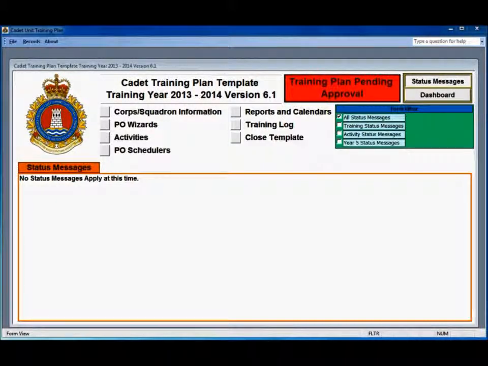One of the first things that you want to take a look at from your main menu screen is the status messages, and ideally you want to see that no status messages apply. If there were status messages, it would indicate what the issue is, and you would go and make any necessary corrections in order to clear the status message. Once you achieve